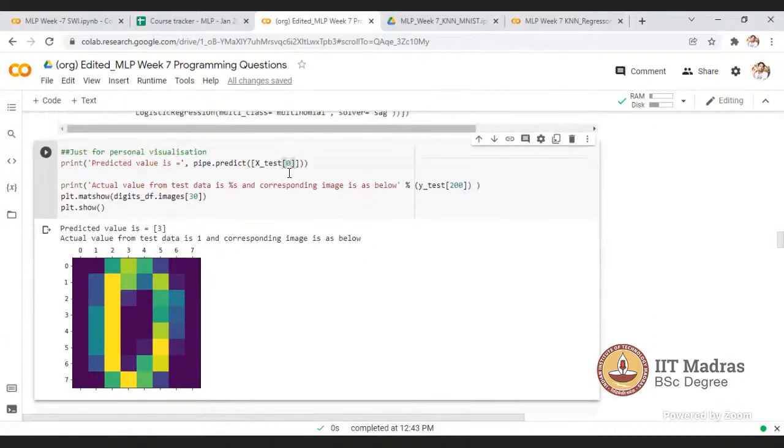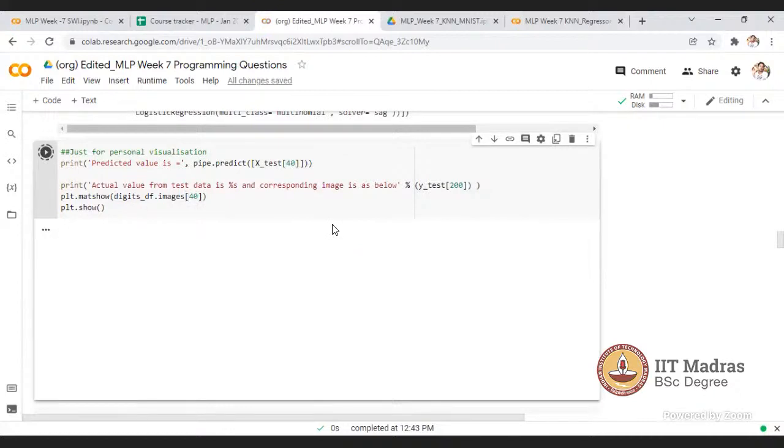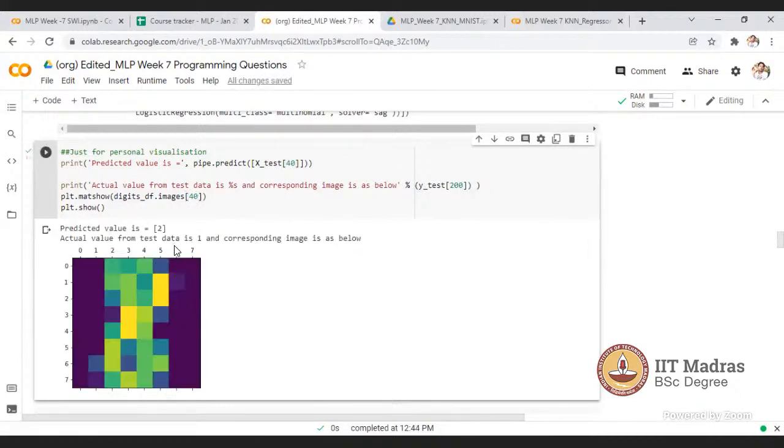Let's check some other values. Yeah, this time this is 2. Actually, I am also able to predict this one, whether it is 2 or not. The actual value from test data is 1.